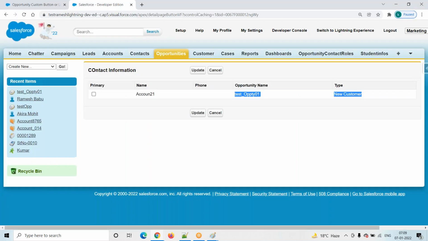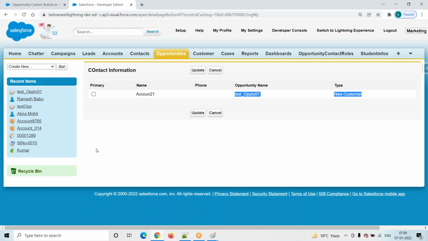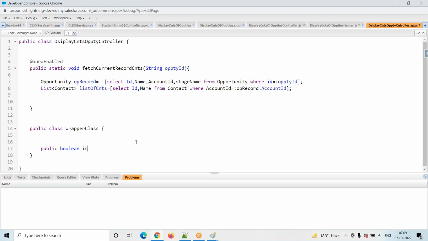Your client is expecting one template, one format. That format we are preparing. In that format, there is a checkbox, right? Public boolean, and any name, is selected, and getters and setters. The first one we are preparing is one template.